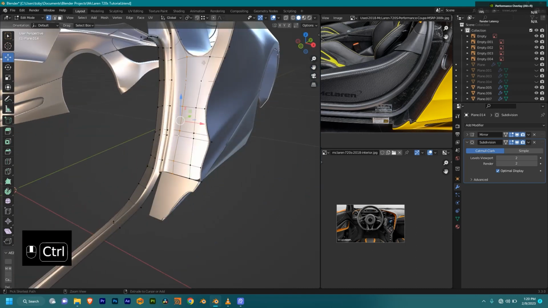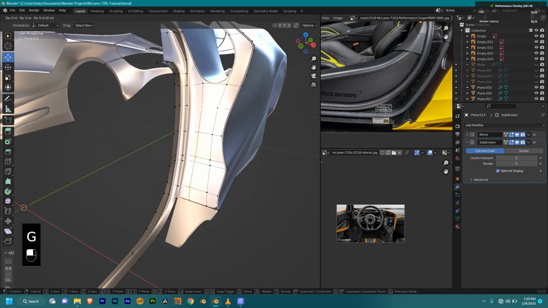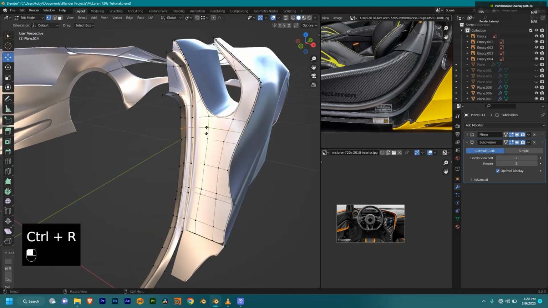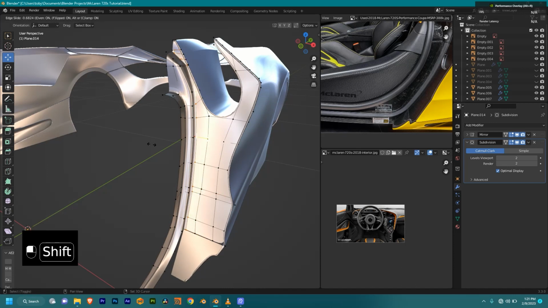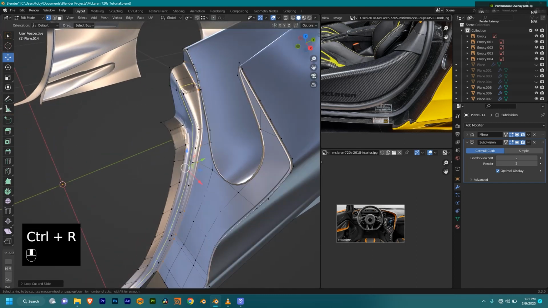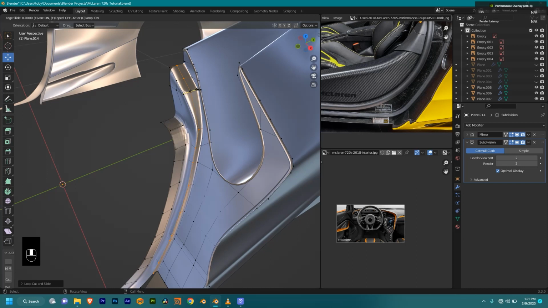We're gonna have to add a new one. So Control R here, then E and then F to move it to the side. So this one here now, we need another loop cut here, E, and then F to move it over to the side. So you're gonna sharpen that out. So now this part too also needs a